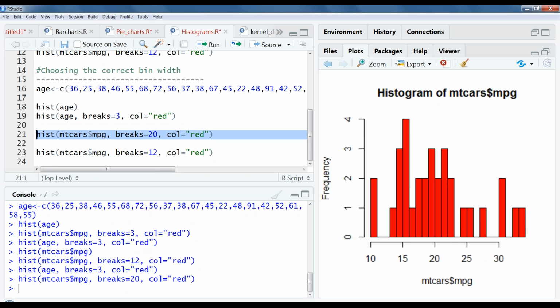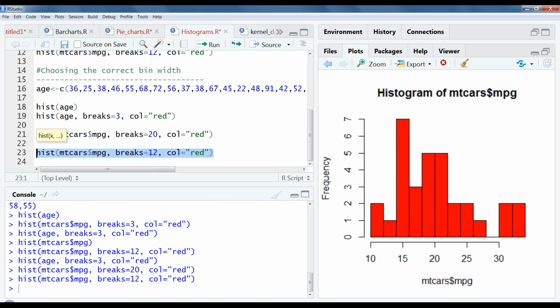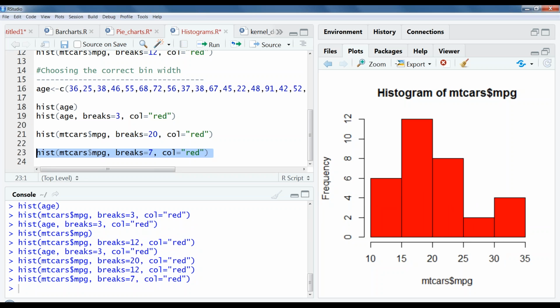So many age groups like 10 to 12, 12 to 15, 15 to 20, so much bifurcation doesn't look good. If I take 7, it looks a bit fine. Okay, it looks a little good actually.